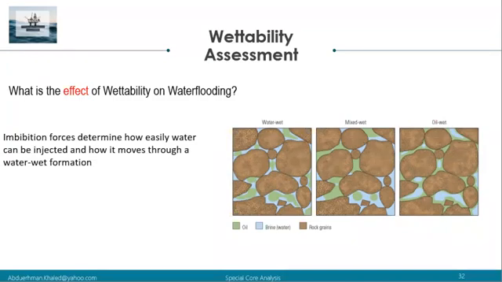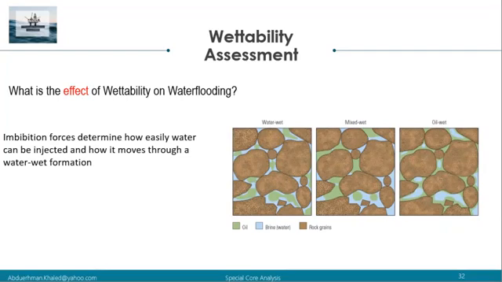So now we can say that wettability has an effect on water flooding performance, because imbibition forces determine how easily water can be injected and how it moves through the water wet formation. Based on simulation studies, water breakthrough occurs later in water flooding, and more oil is produced before the water breakthrough in a water wet system. In the water wet system, the breakthrough occurs very late, and more oil is produced